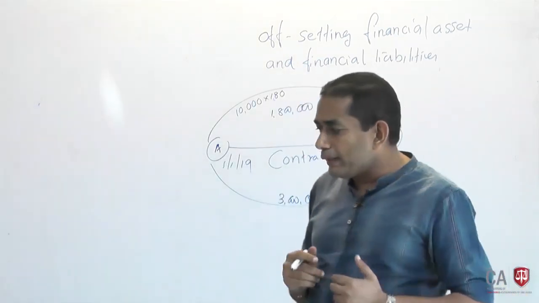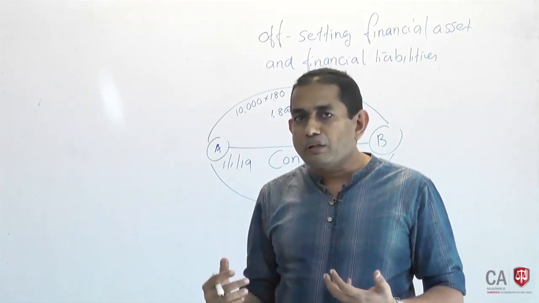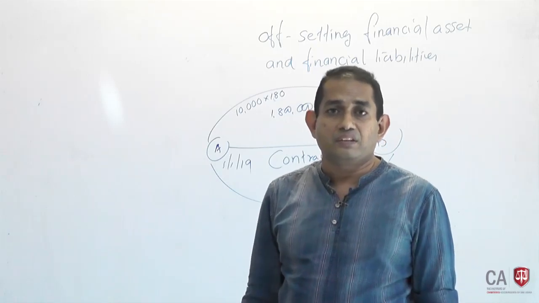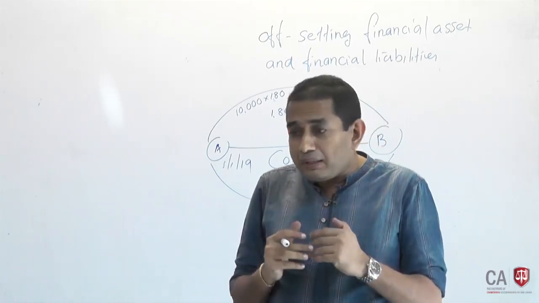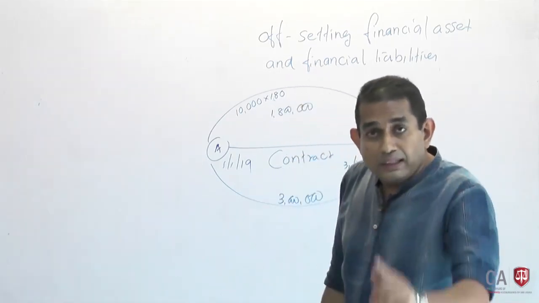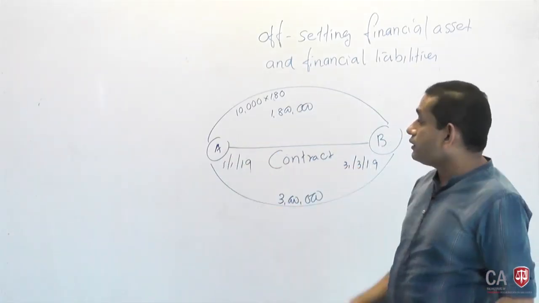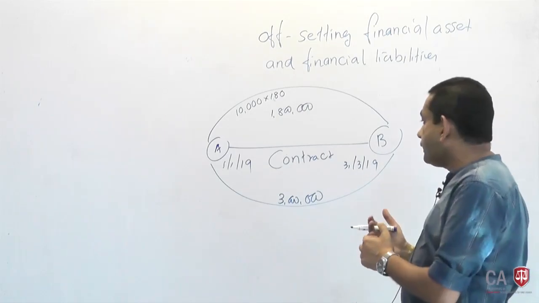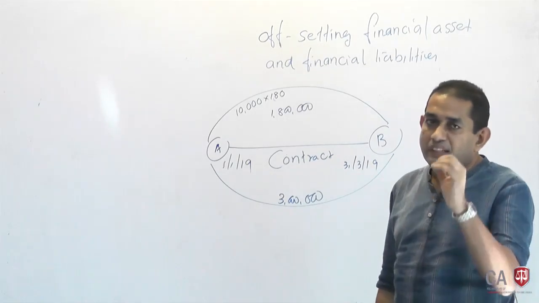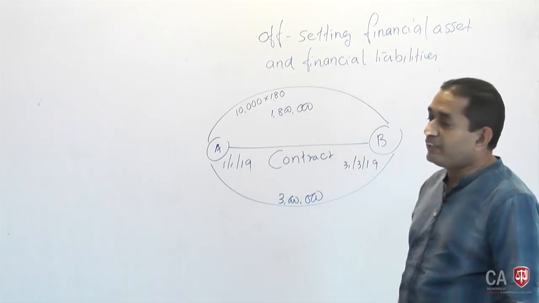And this particular agreement was entered into in such a way that there will not be two cash flows, either way one party has to make the net settlement. So, both parties intend to do the settlement in net. The agreement itself says that it is not required for A to first pay 1.8 million rupees to B and then B to make another cash flow of 3 million. There is legal enforceability for both parties to do the settlement in net.